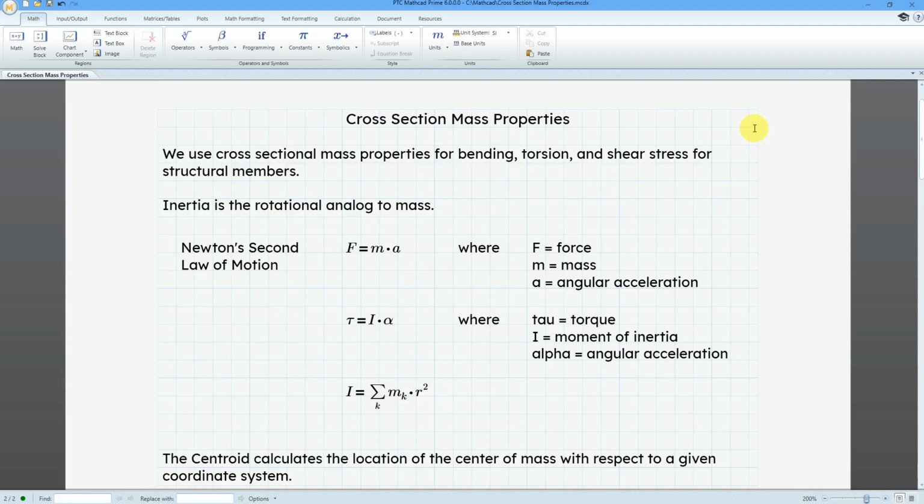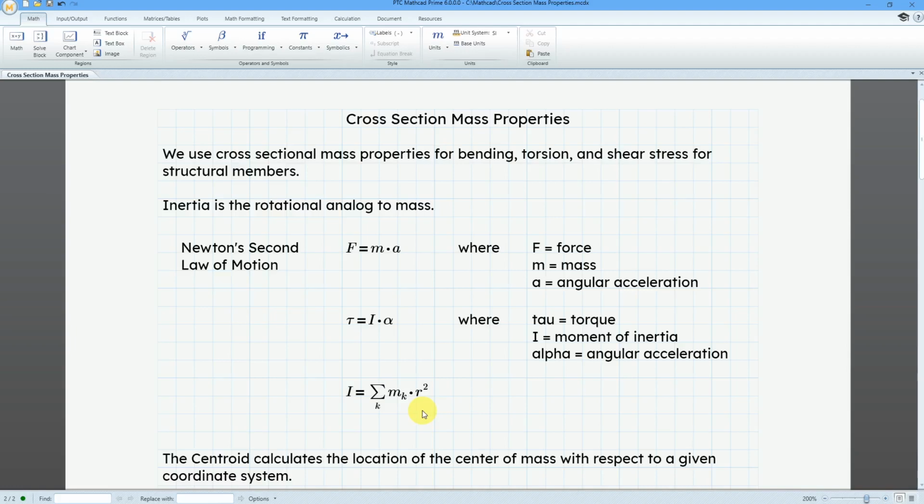If you think about Newton's second law, we know that F equals ma. Force is equal to the product of mass times the acceleration. When you are talking about rotations, the corresponding quantity to force is the torque. And torque is equal to the moment of inertia times the angular acceleration. This moment of inertia is defined as the summation of all the masses times the square of the distances from